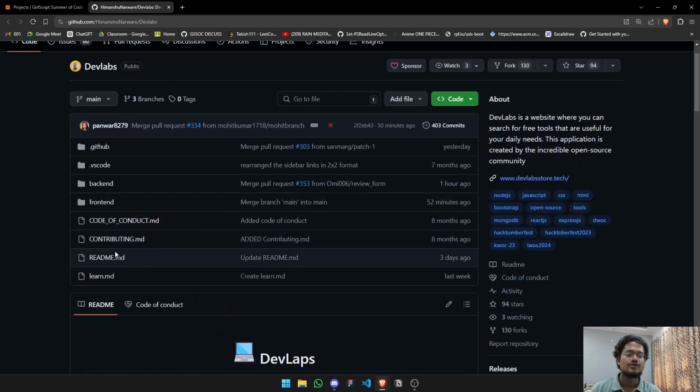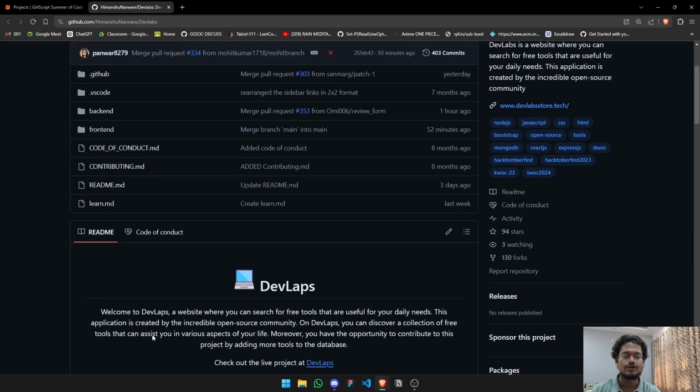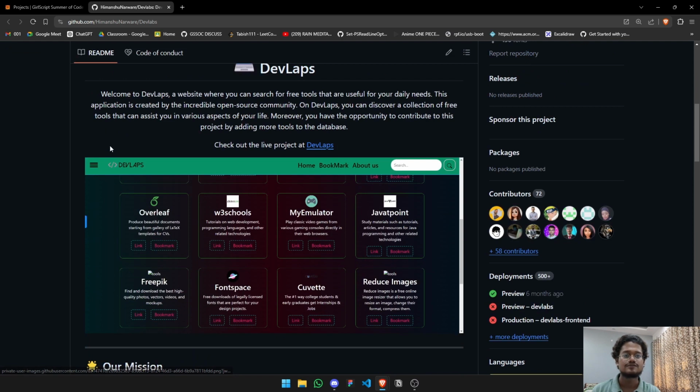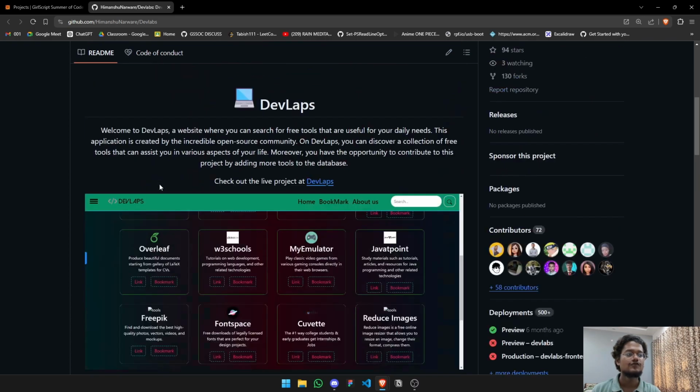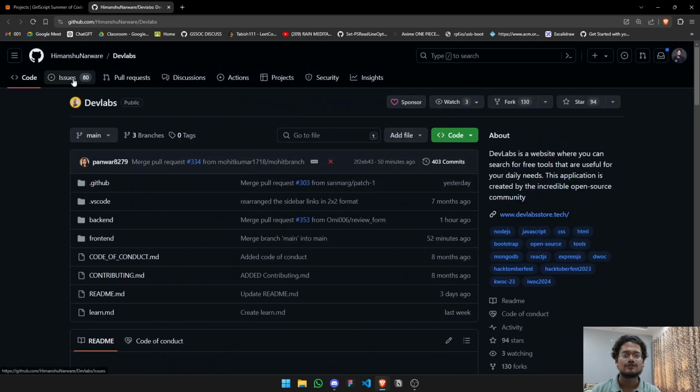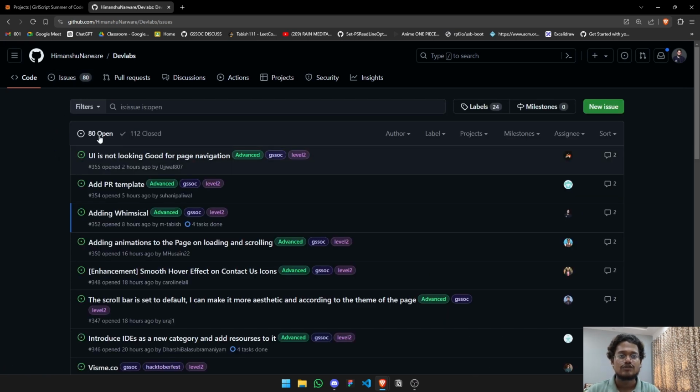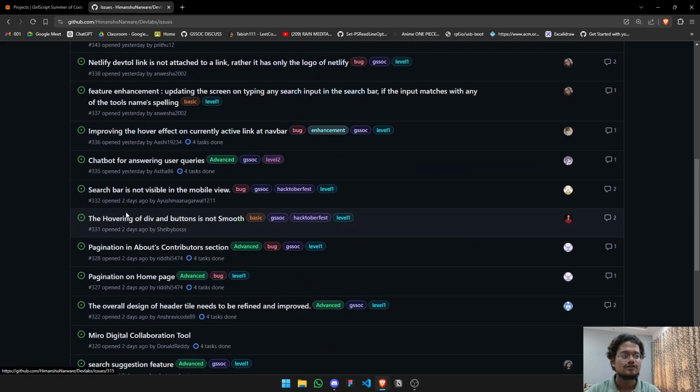After that, you have to read the code of conduct and contributing.md. These files are really important for you to read, so that you know the rules of how to contribute and your behavior towards this program. And then, if you feel that this project is favorable and that you can contribute, you can check out the issues of this project in the issues tab,